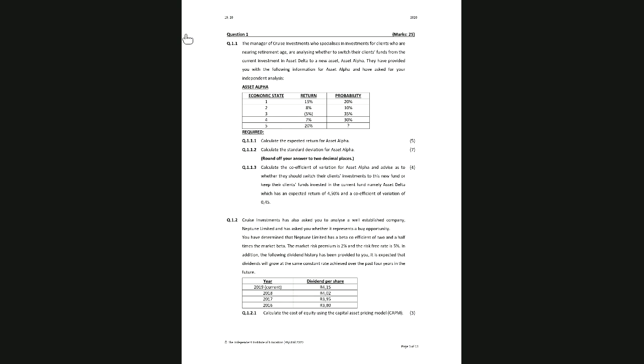They've given you 2 pieces of information. So you will get 1 mark for choosing between the 2 expected returns and explaining which is the most preferred one. And there will be 1 mark for comparing the 2 coefficient of variations and explaining which is the preferred one. Does that make sense?